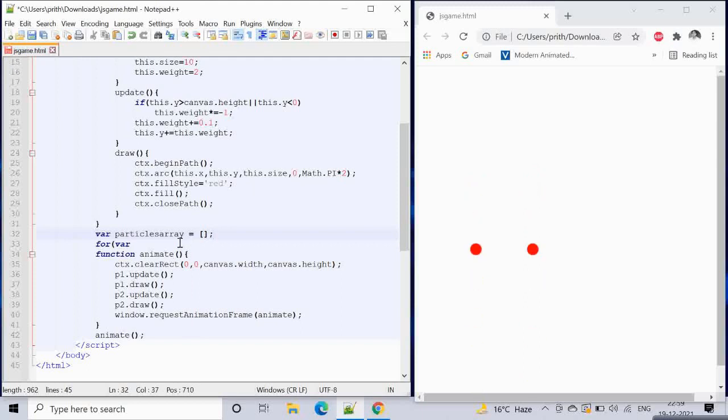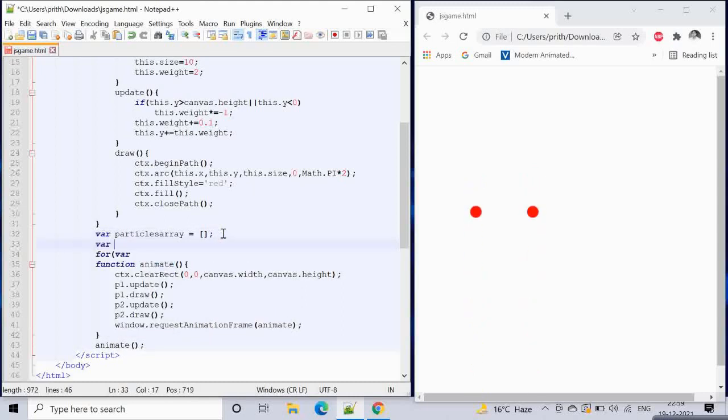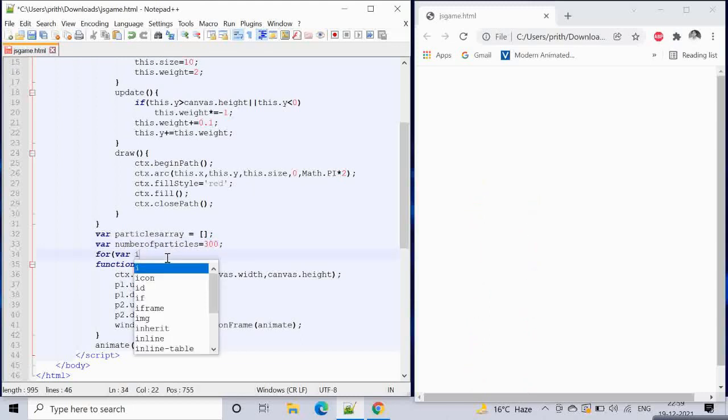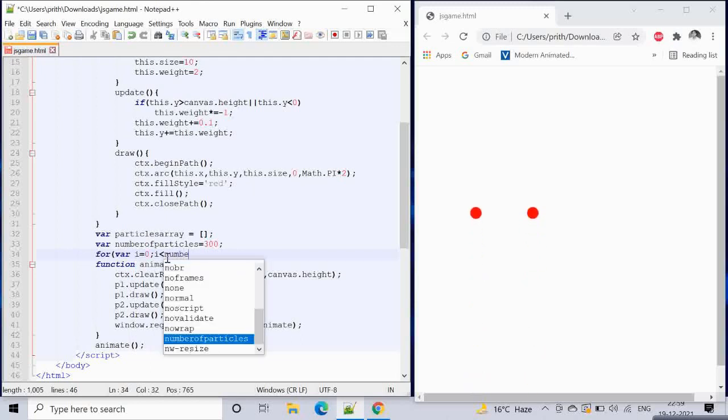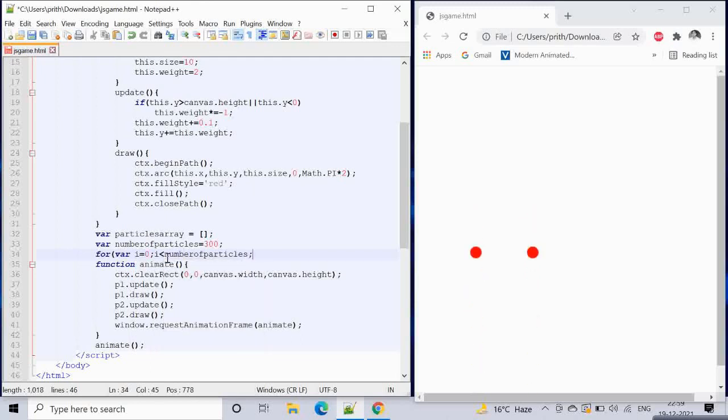Let's say number of particles, 300 for now. I equals 0, I less than number of particles, and I plus plus.